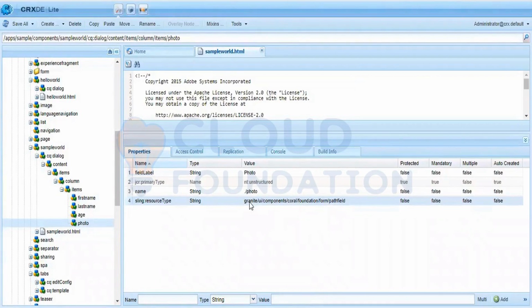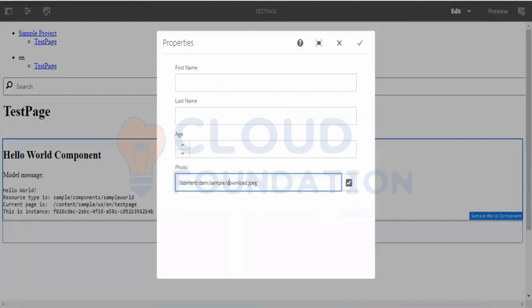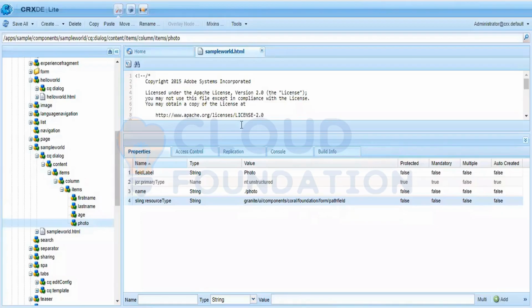Giving this resource type as this, how is this path field coming? Because there is some code written at this particular location which is responsible for rendering this path field, number field, this text field. Always remember, whenever there is a relative path, you have to convert it to an absolute path. By default, what AEM does is, whenever it tries to resolve it, it will try to search